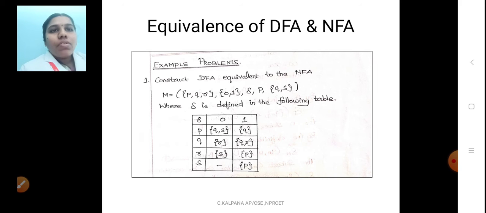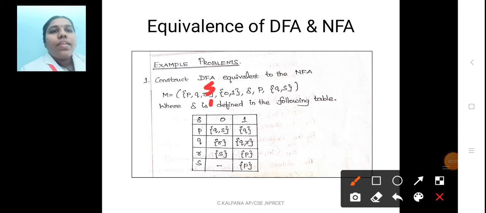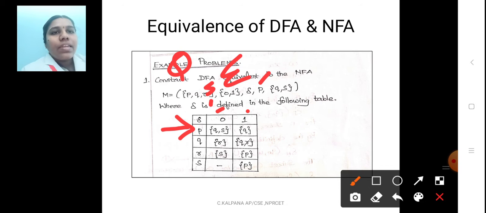Okay, let M equal to PQR, that is the number of states. Here the number of states is PQRS. So in the question you have to mention S also. Here S is missing, you have to mention S here. The number of states is PQRS and the input is 0, 1, that is sigma. Here Q is the number of states and delta is the transition function, that is movement of one state to another state, where P is the start state. Then Q, S is the final state. Here we have two final states. So in the transition table you have to mark a star for the final state, and an arrow mark represents the start state.